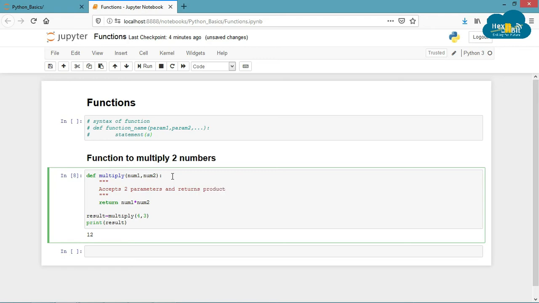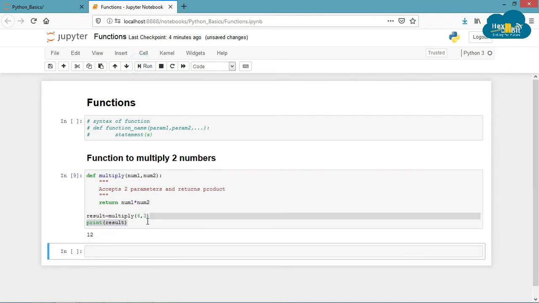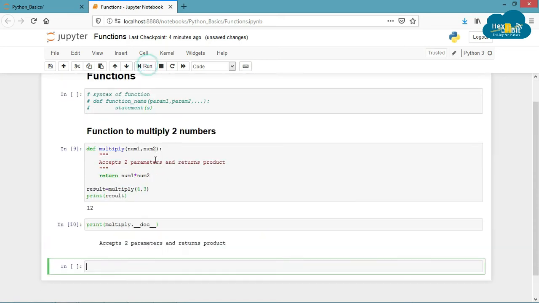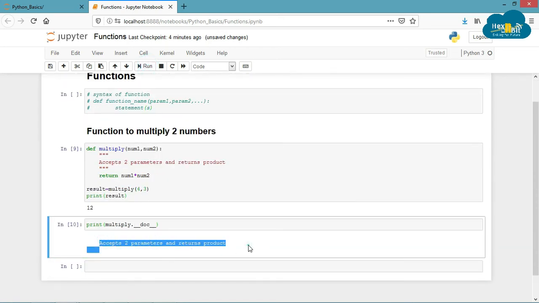So I'll add the docstring. You can check the docstring of the function using print multiply dot __doc__ and close the bracket. So you can see that the function description has been printed.